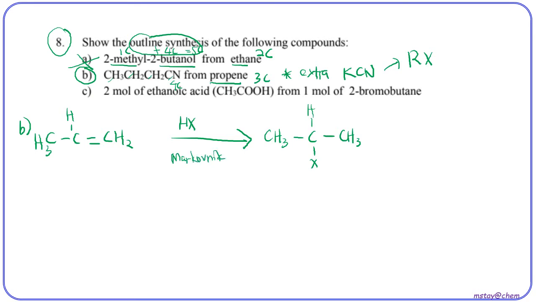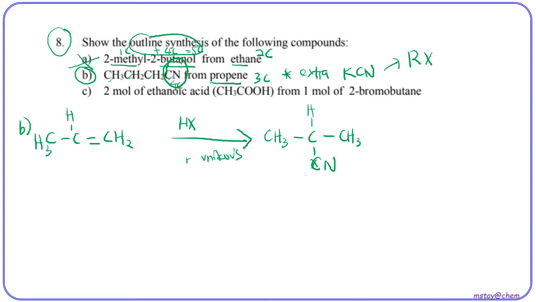However, when we look at the structure of CH3CH2CH2CN, the halogen supposedly is at the terminal carbon, so that once the halogen is replaced with the CN, it will be a straight chain. But in this one, if the halogen is replaced with the CN, it will become a branched structure. So with this, we know that Markovnikov is not obeyed in this synthesis pathway,